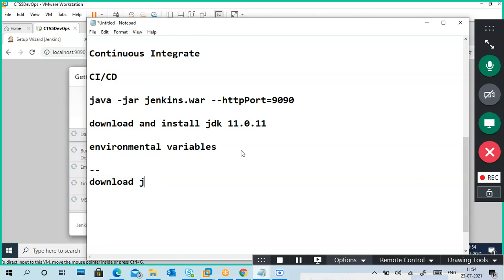Next, I downloaded the Jenkins war file from Jenkins.io.